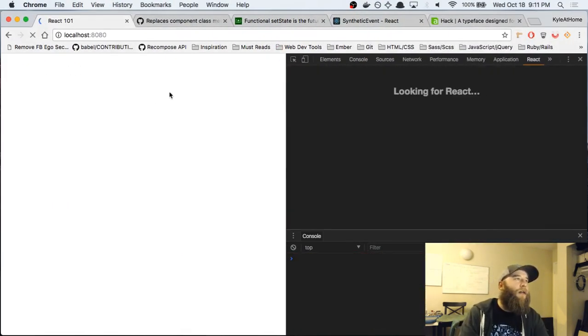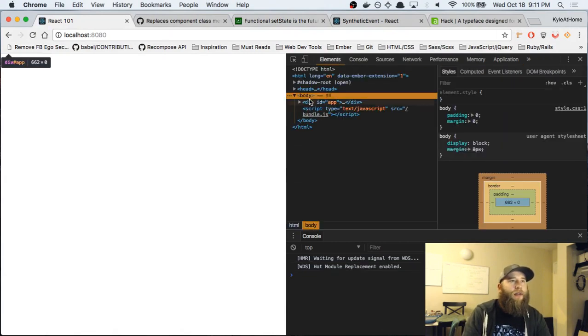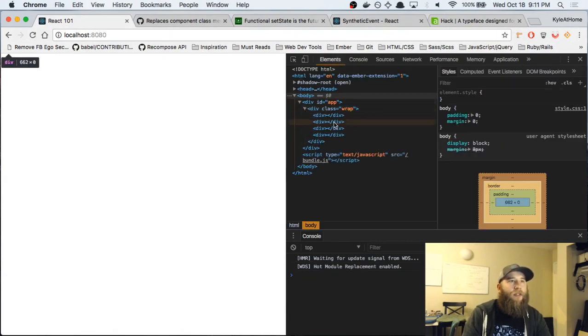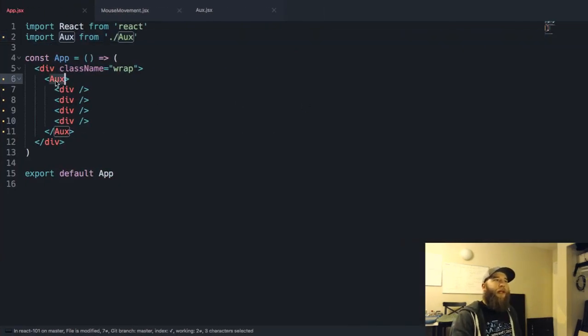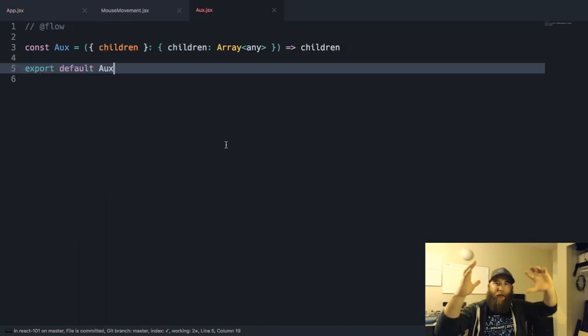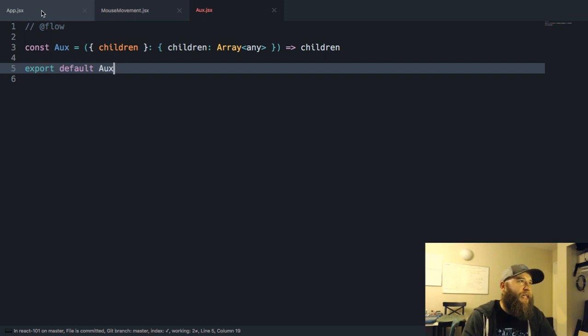Okay. So we need to look at the elements on the page first. You could see we just have our 4 divs, but you definitely saw here, hey, wait a minute, I have this component. Well, that's what this component does. It eradicates its markup. It makes it nice for us maybe to group things together the way we want, without getting that extra wrapping div.